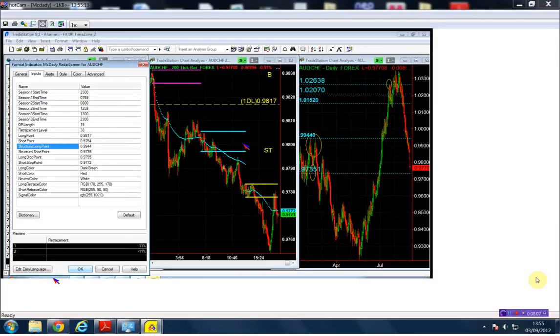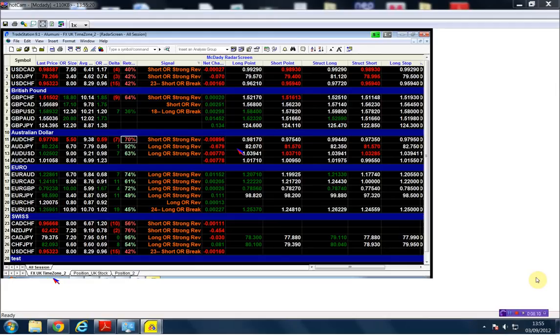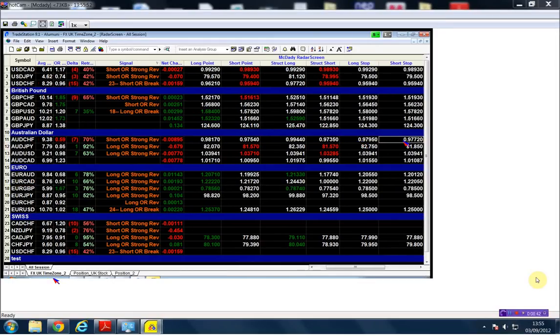Okay, so for the Aussie Swiss, we are going to buy it above 97.81. I'm sorry, 98.17. That's the dyslexia working. And my structure long point is the 99.44, and my stop is going to be 97.95. On the short side, I'm going to go short below the low of the day, which is 97.54, and the new structure point is the 97.35, and my stop on the short side is going to be the 97.72. Okay, that is the Aussie Swiss. Let me save the recording and